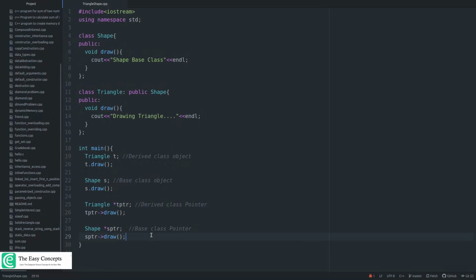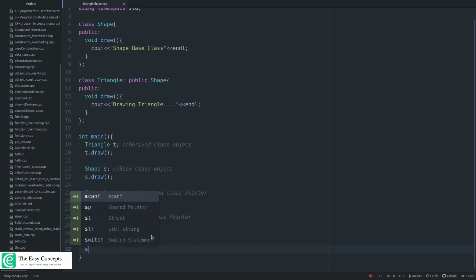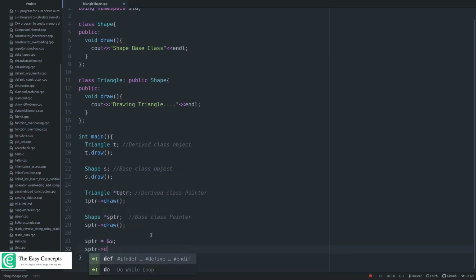Now you have seen that all these things are working perfectly. You can take sptr, which is a pointer of the base class, and aim this pointer at an object of the base class like this. So you are actually storing the address of the base class object in the base class pointer, and if you try to call or invoke the draw function on this, it will work perfectly, right?